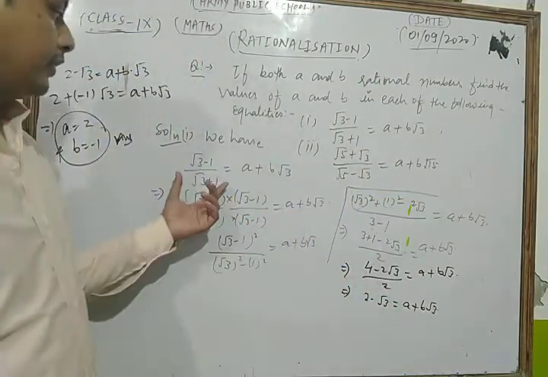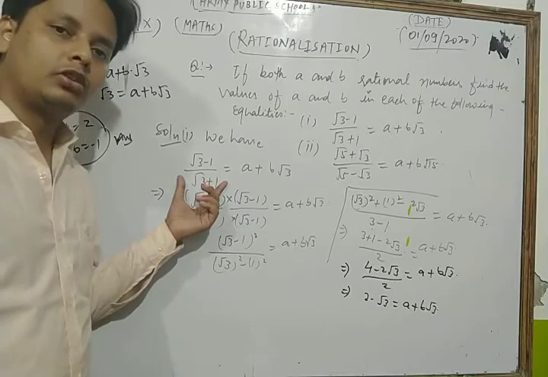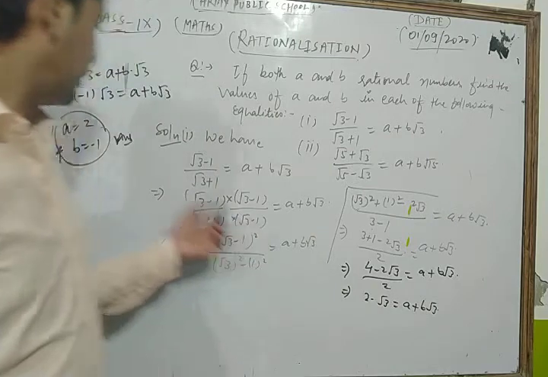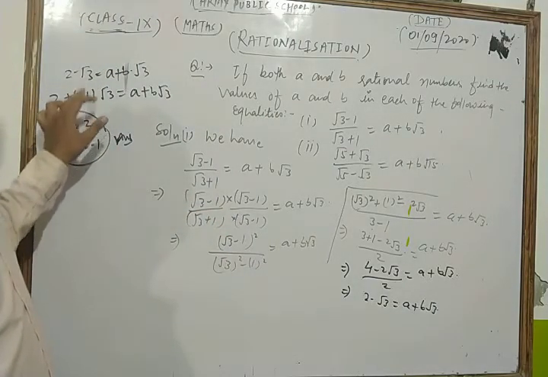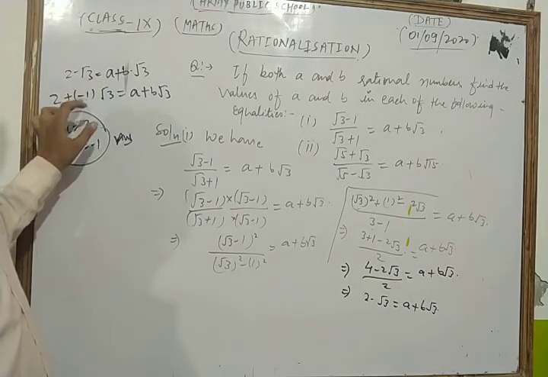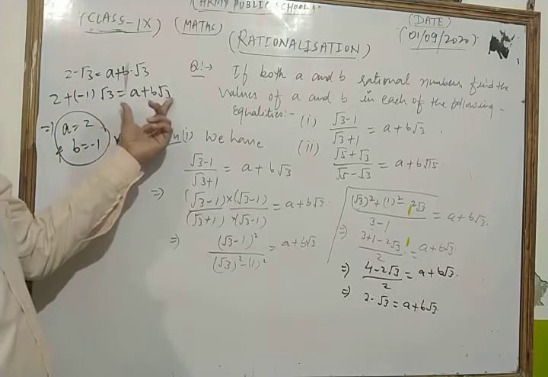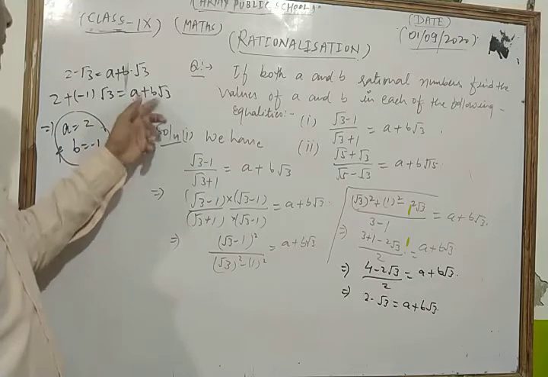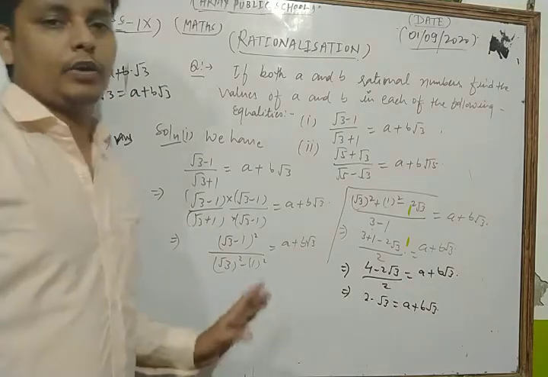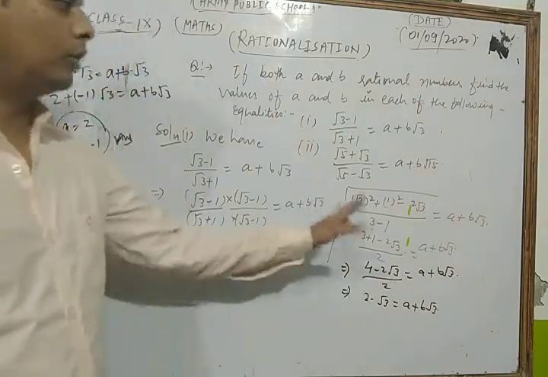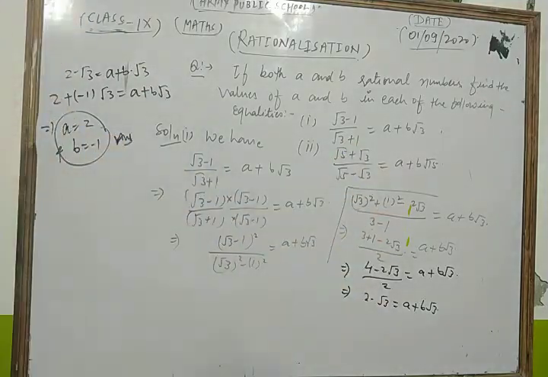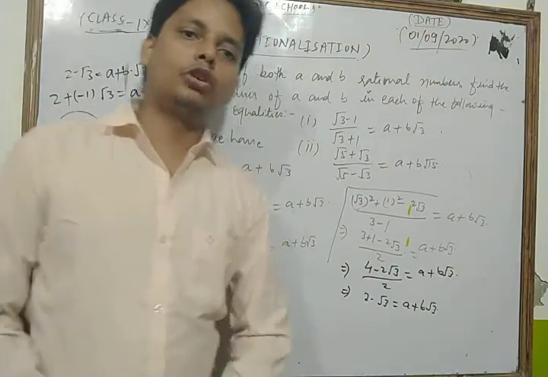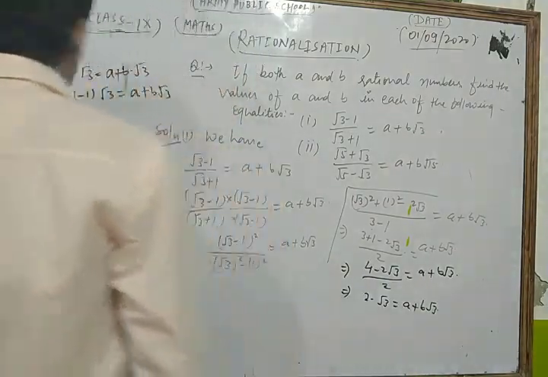First, in the same way, we multiply and rationalize the denominator of the left hand side. After simplifying that, we get this, and after we arrange it, we write 2 minus root 3 as 2 plus minus 1 root 3 is equal to a plus b root 3. Now on comparing both sides, we get a is equal to 2 and b is equal to minus 1. So this is our required answer. In the same way, we solve the second part of this question. Okay, dear students, now we take and solve the second part of this question. Let's see, dear students.